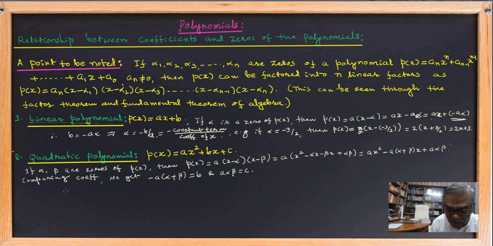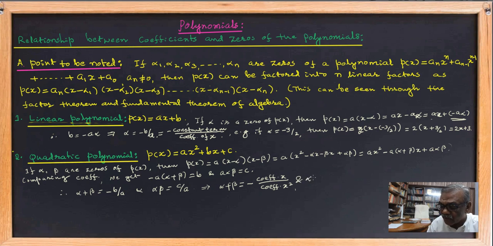Therefore, alpha plus beta is equal to minus b by a, and alpha into beta is equal to c by a. I can write this as: sum of zeros, alpha plus beta, is equal to minus the coefficient of x divided by the coefficient of x^2, and alpha into beta is equal to